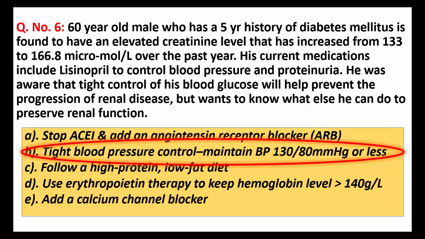But if there is greater than 30% rise in serum creatinine, that's very important to know, or hyperkalemia, then we will have to discontinue the medication and consider second line agents, that will be non-dihydropyridine calcium channel blockers that are diltiazem or verapamil. And also consider holding ACE inhibitor, ARB blocker or diuretics with acute illness, and in women before